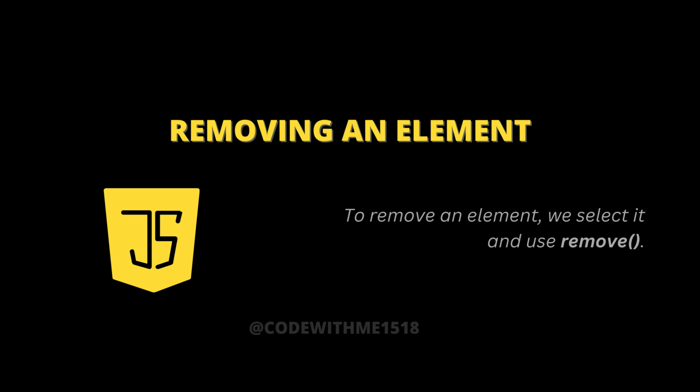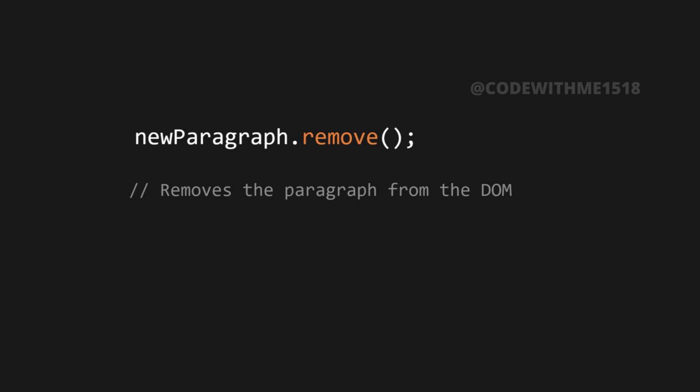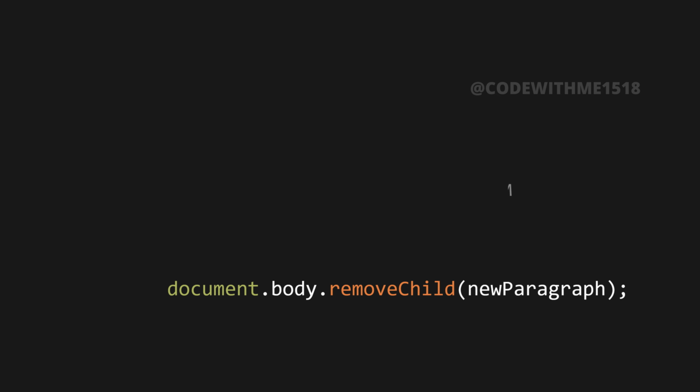Removing an element. To remove an element, we select it and use remove. newParagraph.remove(); removes the paragraph from the DOM. Alternatively, we can use removeChild on its parent. document.body.removeChild(newParagraph);